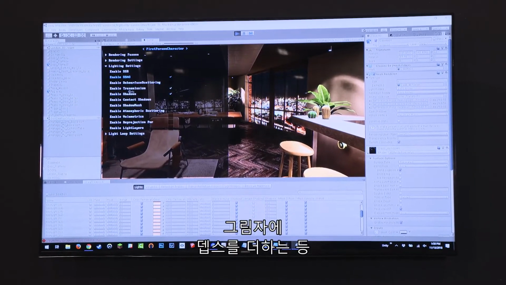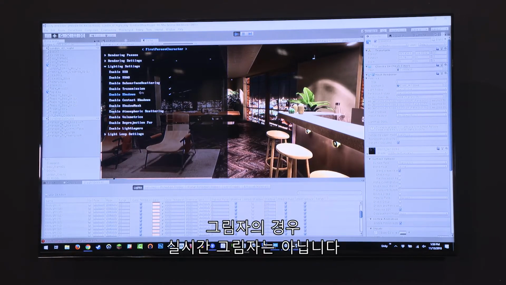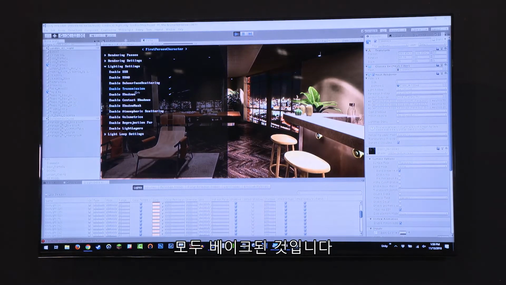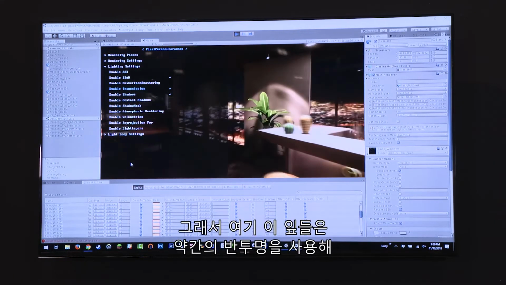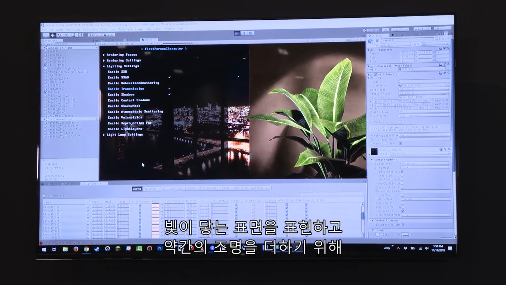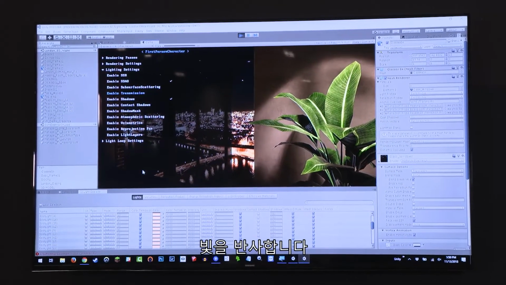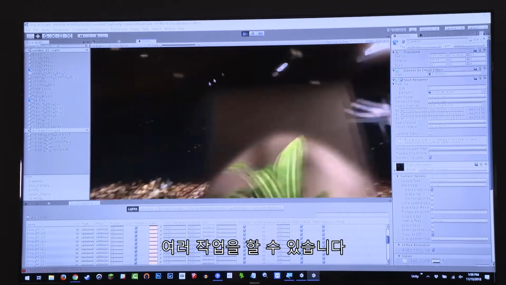You can see it's just adding some depth to our shadows there, and so on and so forth. And shadows, well, we don't have any real-time shadows right now. Those are all baked. Transmission here is basically translucency. So we can see that these leaves use a bit of translucency as the light subsurfaces and bounces around the side there to add some illumination. So we can turn those on and off, and we can do all sorts of cool stuff with that debug menu there.